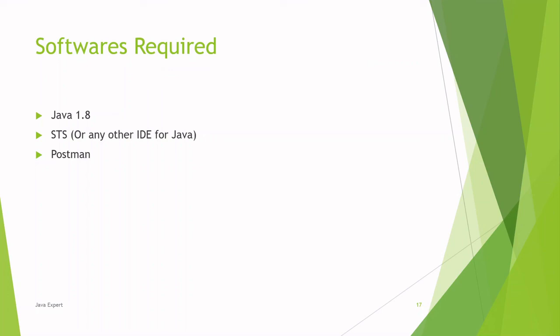I believe it's a licensed one, an enterprise edition. We have a community version, but it does not have the complete feature set. So that's up to you guys. It should be some Java based IDE. Then keep Postman installed to test your